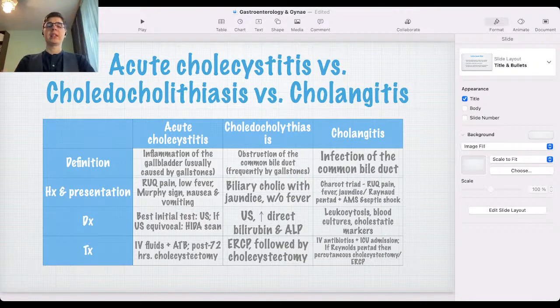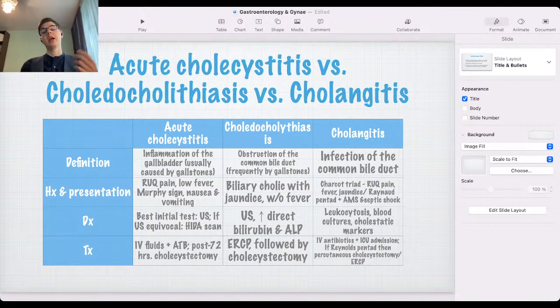How do we diagnose each entity? Acute cholecystitis is diagnosed initially with ultrasound. If the ultrasound is equivocal, then we go for the HIDA scan, as we did in the previous question. On the other hand, for choledocholithiasis, we do not do only the ultrasound, but we do some lab work, namely we go with direct bilirubin and we see an